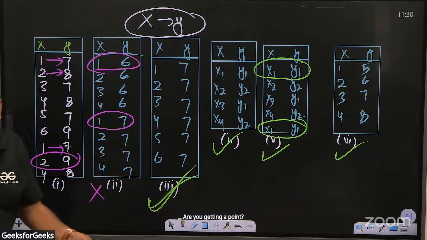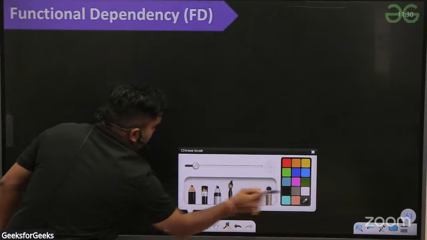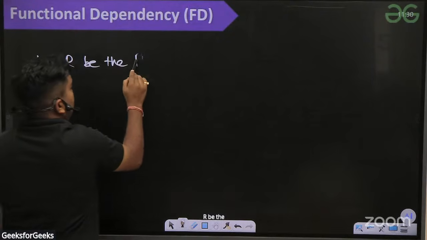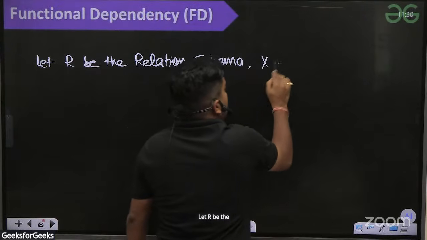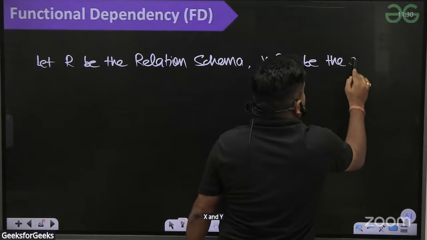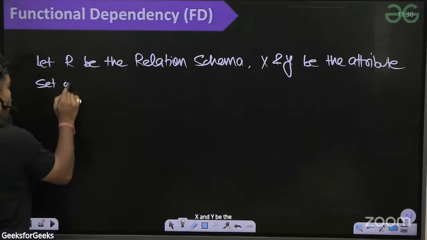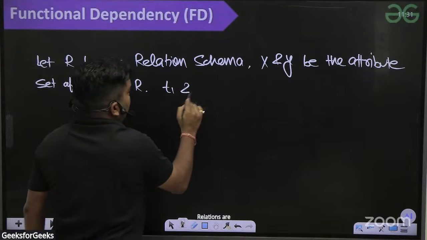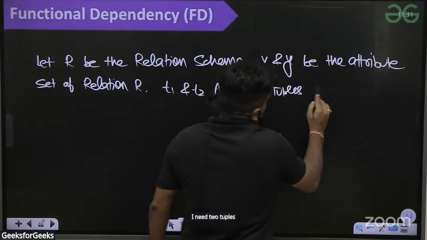Now, what is the exact meaning, sir? I'm not getting the feel. X tends to Y means, please put your pen down. Let R be the relation schema. Let X and Y be the attribute sets of relation R, and T1 and T2 any two tuples such that